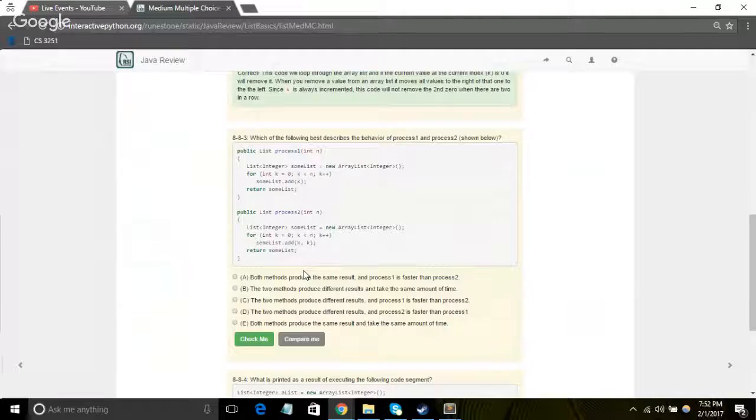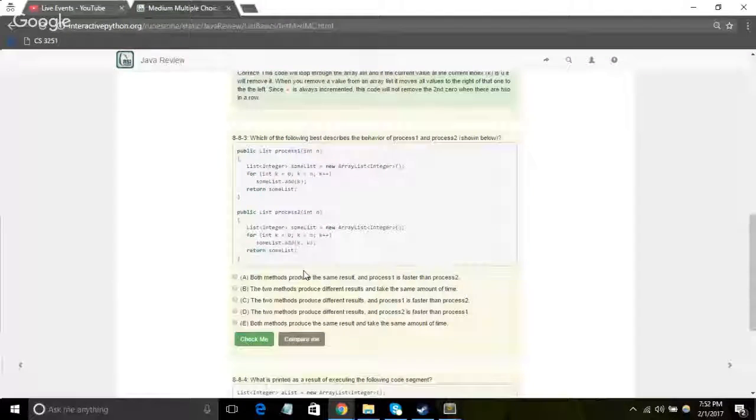Just add the... Yeah. So if you want to add it to the second spot, you would put index 1, comma, whatever object you're putting in. So would it be